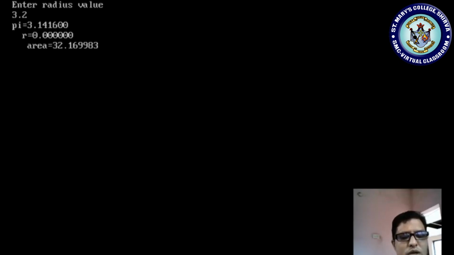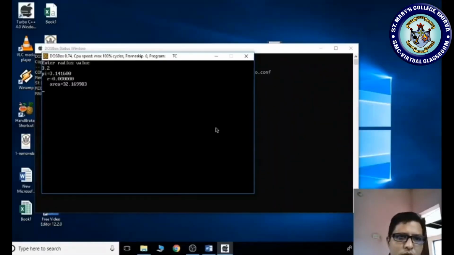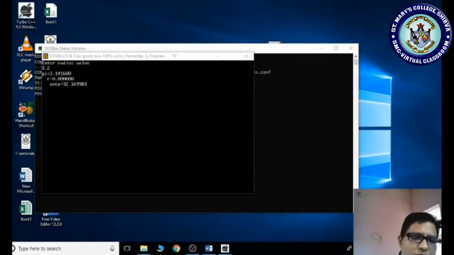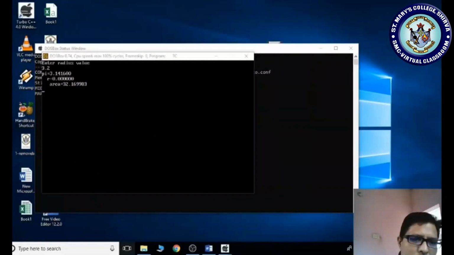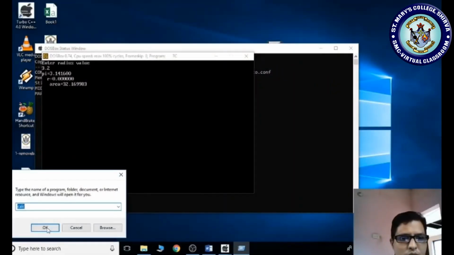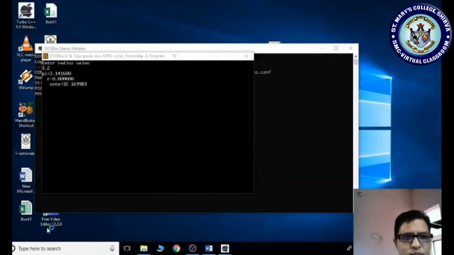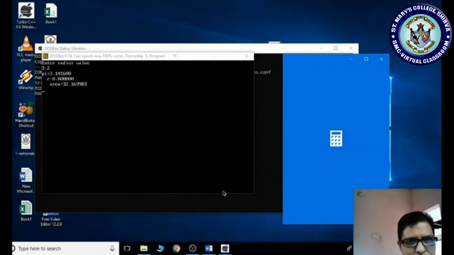Press the Alt Enter key so the window will be reduced. Now go to the run, take the calc, click OK. Yes, calc is opening.